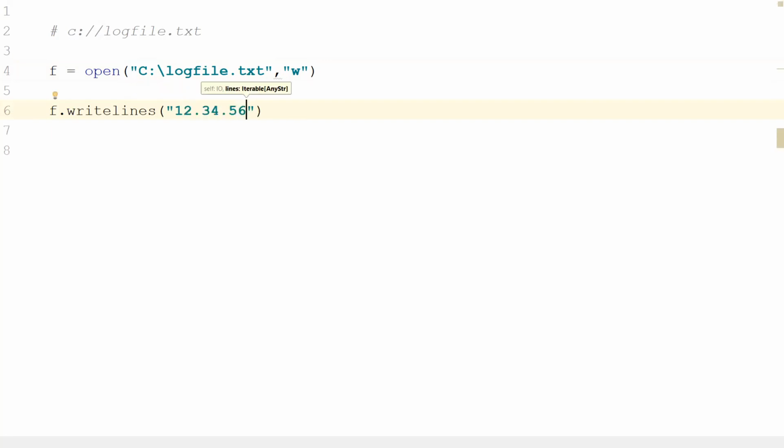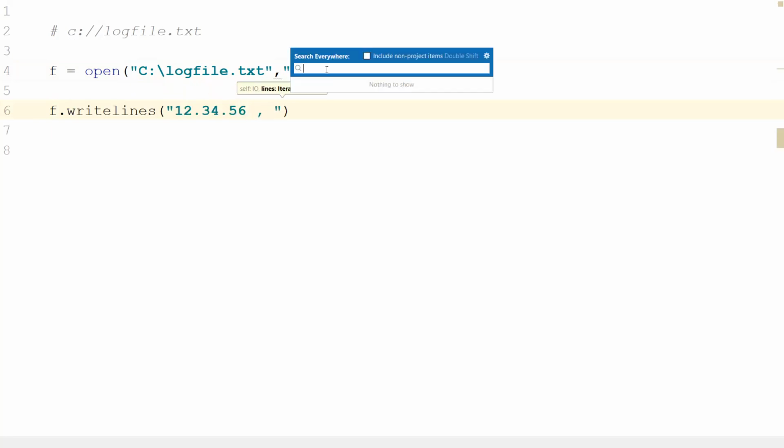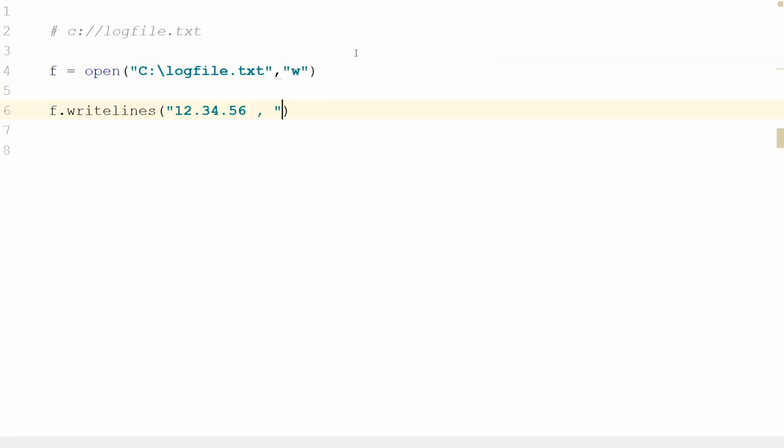1.2.3.4.5.6 is my IP address, and from this I accessed one of the URLs and hit that URL. The URL name is like this: www.irctc.co.in, just for example, and the username is something like James, and the password you don't store. The response code is 200. Log files have data like this.